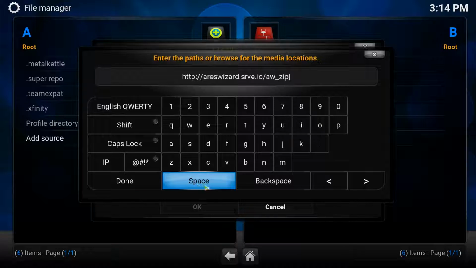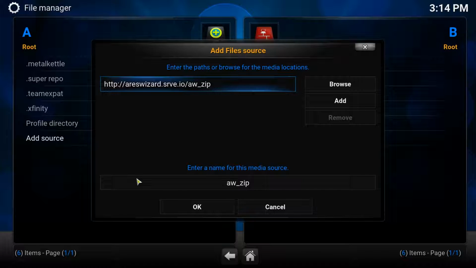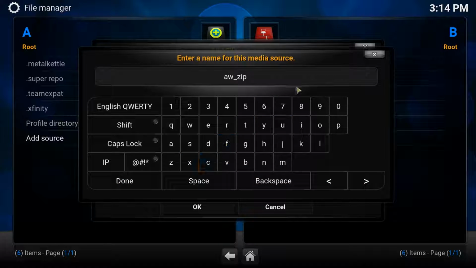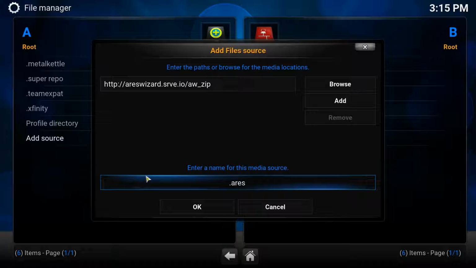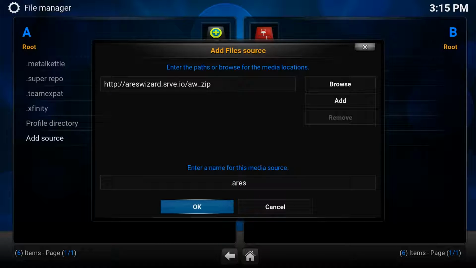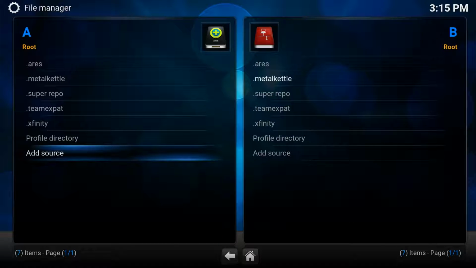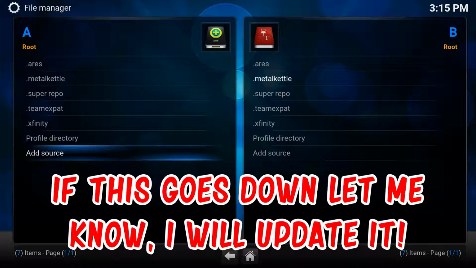Now what you need to do is navigate over to where it says done, press done. Again, give it a name. Obviously I'm not going to call it that because that sounds stupid, so I'm going to call it, I don't know, .res, so I know what it is. It's at the top of the list. Again, click on done. And that should be it. At this point, when I click OK, if everything's gone good, it should just add. If there's any problems with the address or anything like that, then it'll probably get a pop-up at this point.